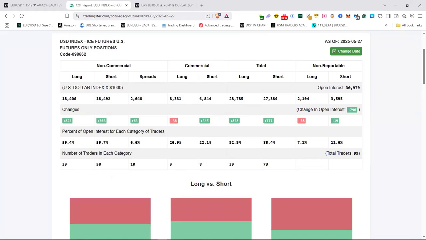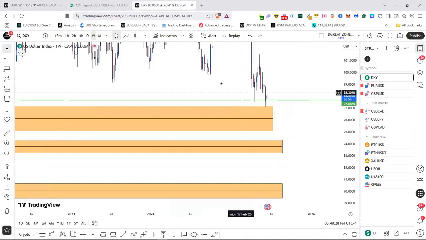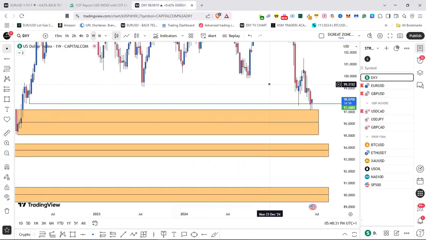Exactly. Good. So now what you're going to do is you have now identified what is happening here on DXY. With DXY, you can even capture other assets, other currency pairs, and if you know the direction of DXY, you can predict other ones, because when DXY is bullish, other ones could be bearish. You have opposite correlated pairs and the rest. I'm going to talk about pair correlation probably in the next video, right? This video is all about the COT report and how you can use it to position yourself for a larger move,